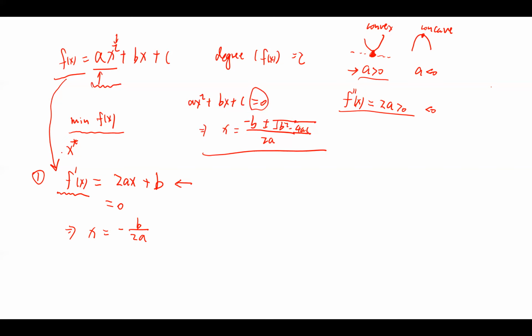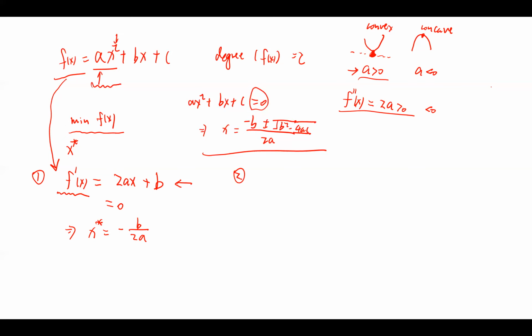Now we can work with the derivative, set it equal to 0, right? Based on the property we have about the minimum point, which is just by setting it equal to 0, then we have this solution, which is our x star. So the second approach, which does not really involve